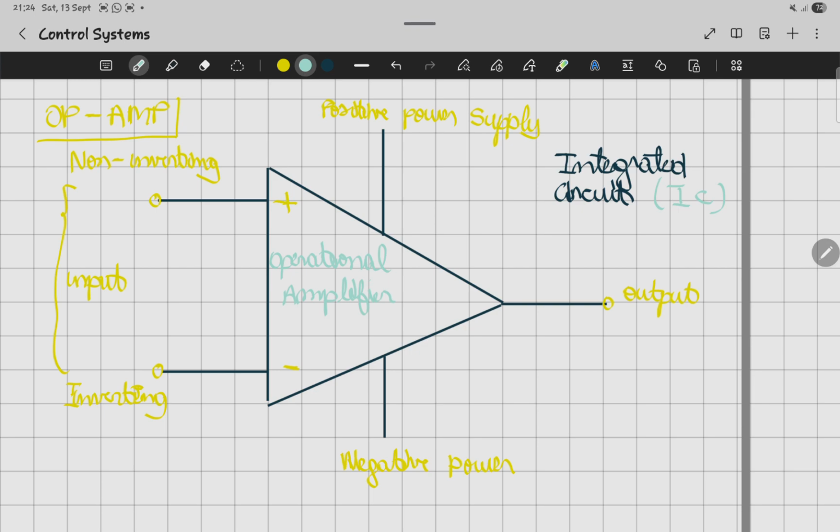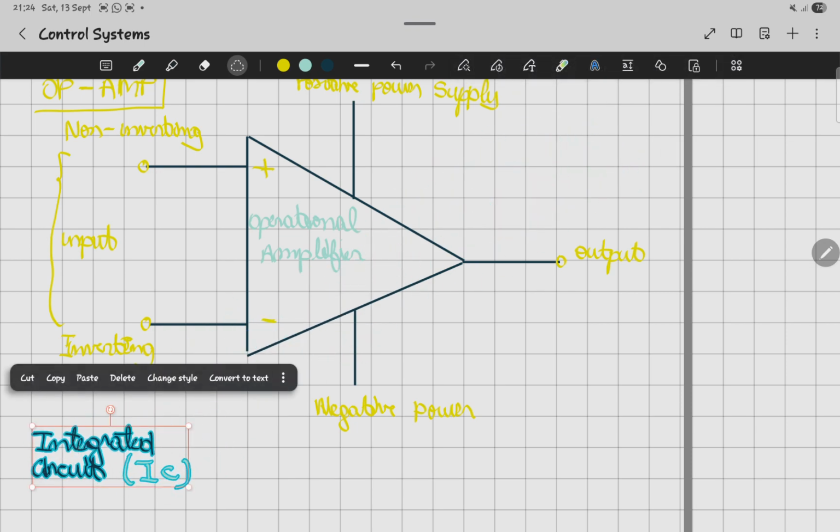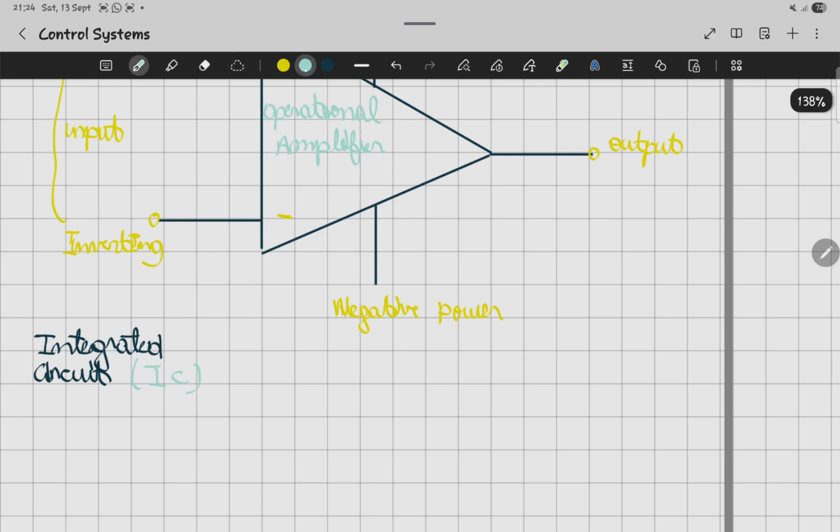Okay, so that integrated circuit can amplify. Okay, so this, what we see here, what we call an operational amplifier, it can amplify